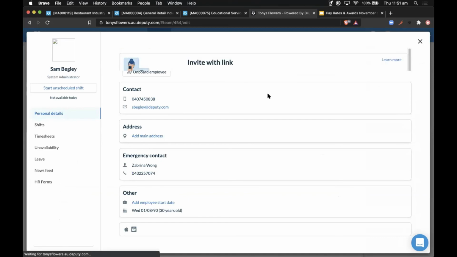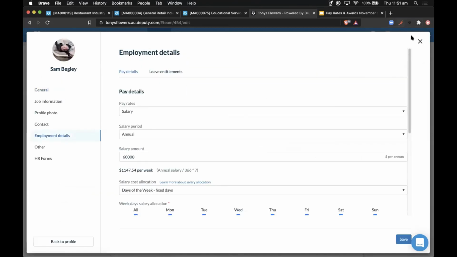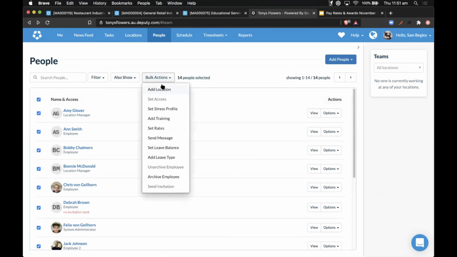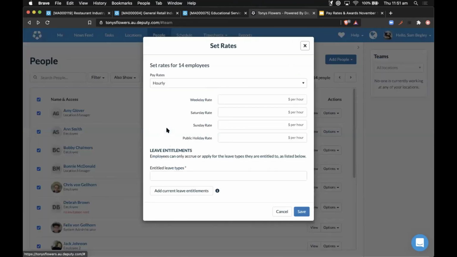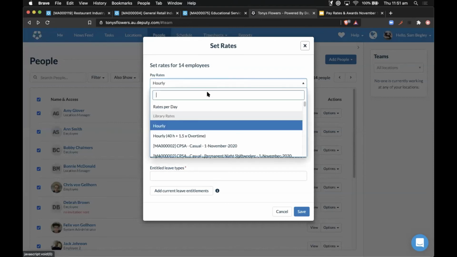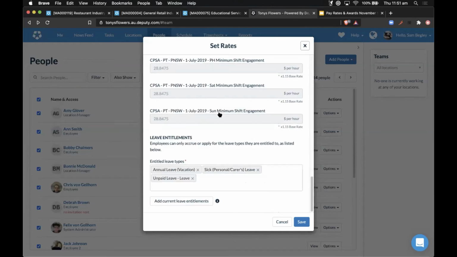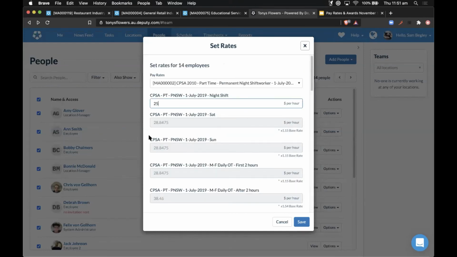Now you can do that in bulk. I saw that question as well. So you can update it in bulk. Just be aware that you're updating it in bulk per rate. So if you have 50 staff members on the same award, but they have 20 different rates, you will have to do that per rate. So if 10 of those have the same rate, you can do those 10 in bulk. Because if we would save this now, everyone that Sam just ticked will get that award with that rate.